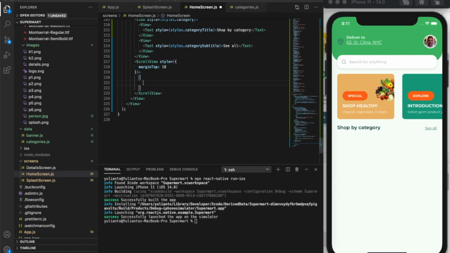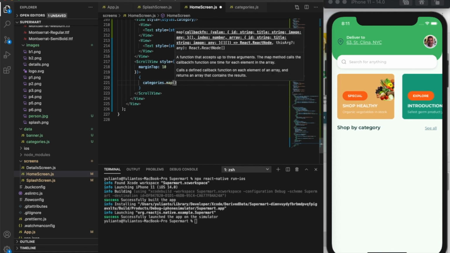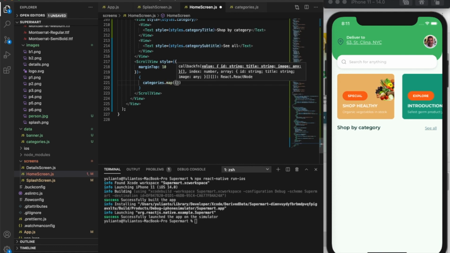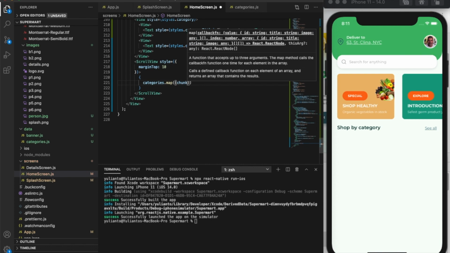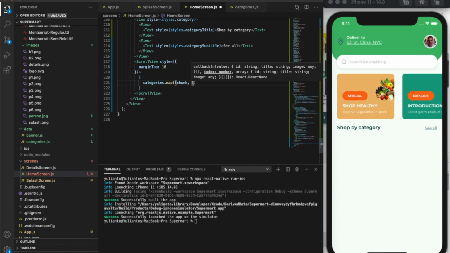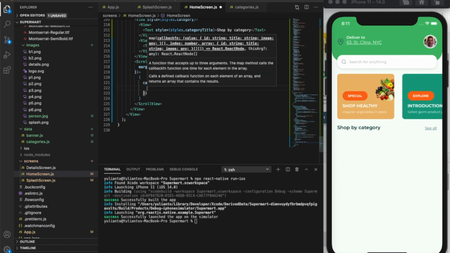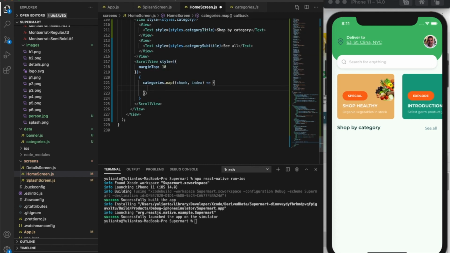So how to create it? I'm going to map the categories and create the alias chunk, and I need the index too. And here we return